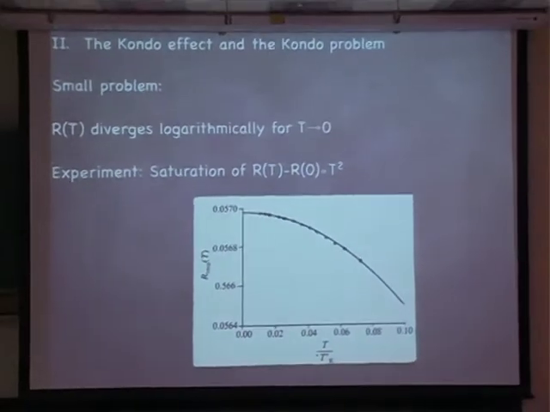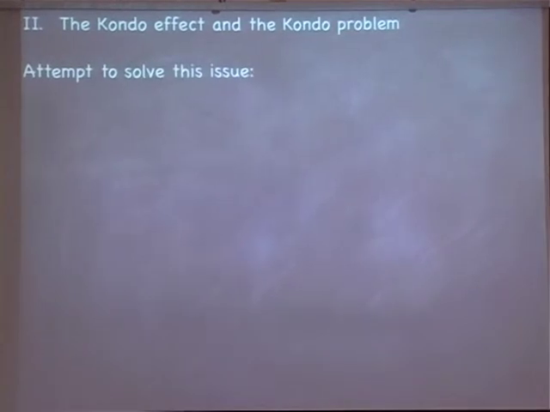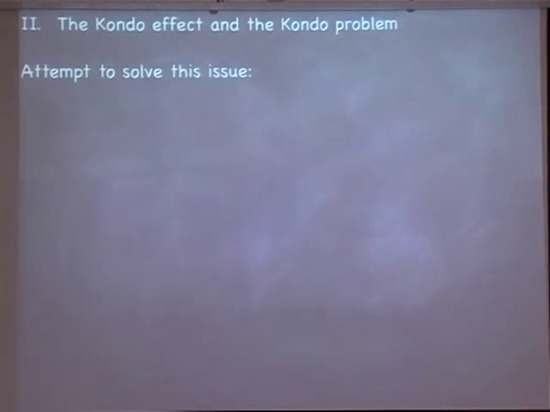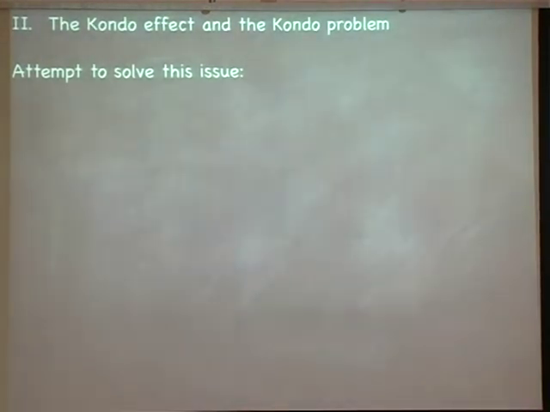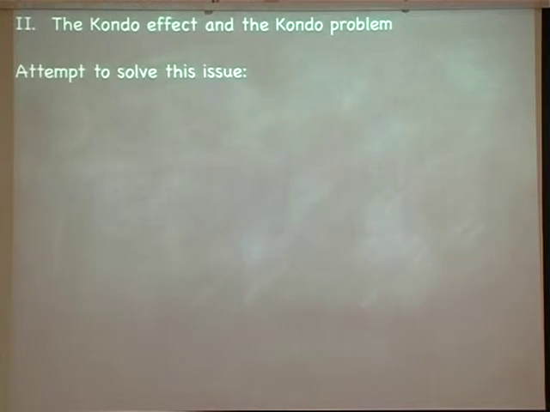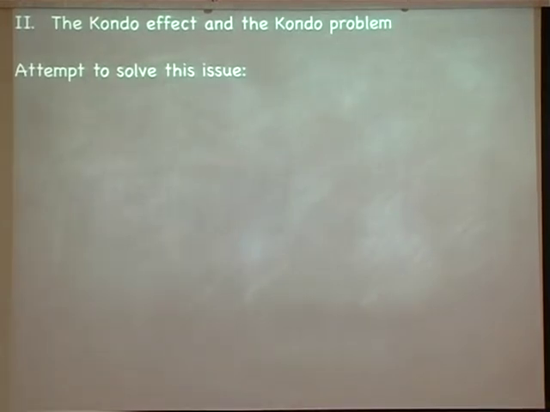So, right. Now, let's try to solve the issue. The way theoreticians, when they see that perturbation theory gives some interesting result, is they try to continue with the perturbation theories. What you can then do is try to do self-consistent resummation of things, Parquet equations. There are wonderful names for all these things.